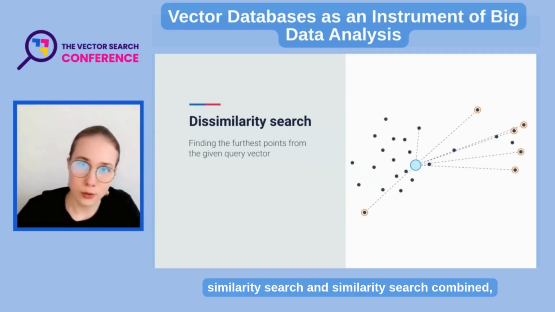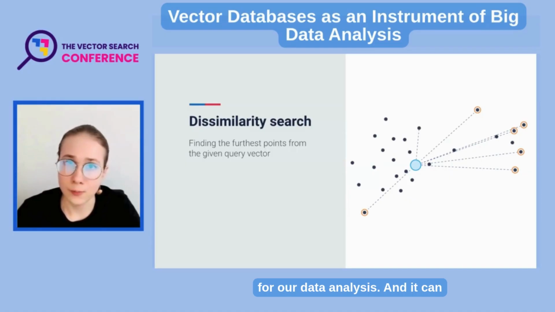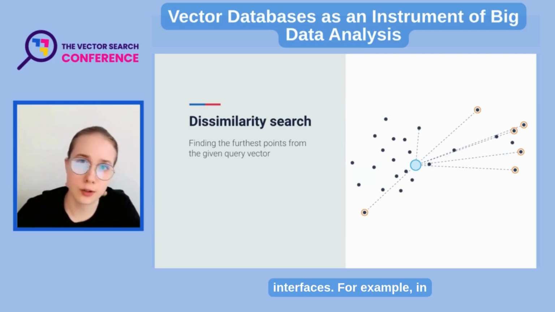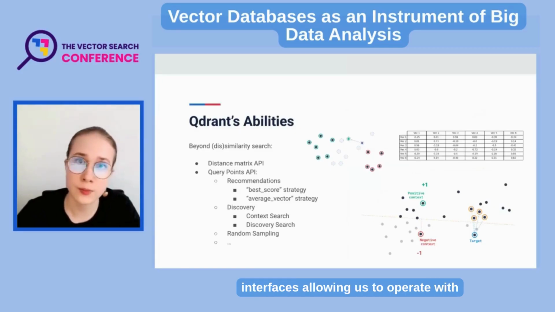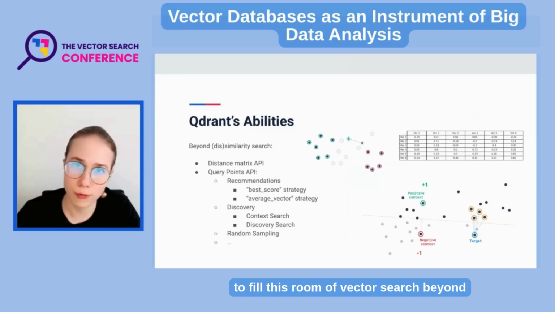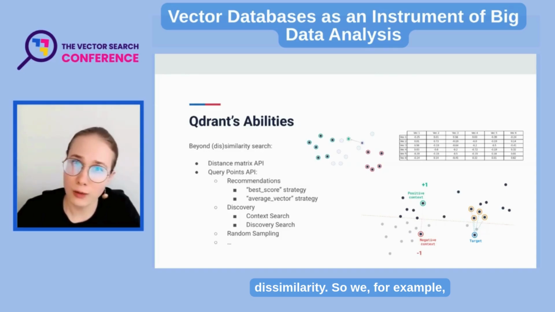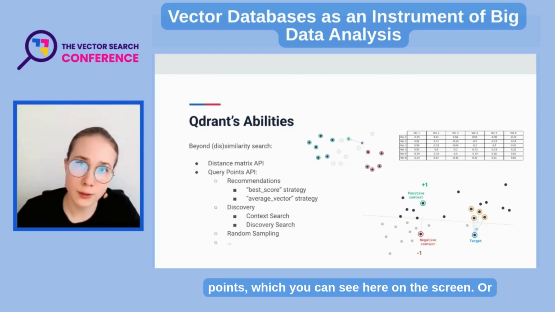Dissimilarity search and similarity search combined, that's already a big arsenal of instruments for our data analysis. And it can be done in any vector search solution. In dedicated solutions, you can also add specific features which are designed and possible due to their interfaces. For example, in Qdrant, we have certain interfaces allowing us to operate with vector math because we just want to fill this room of vector search beyond simple semantic similarity or dissimilarity. So we, for example, are able to provide distance matrices between points, which you can see here on the screen, or we